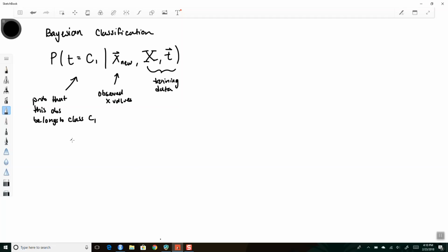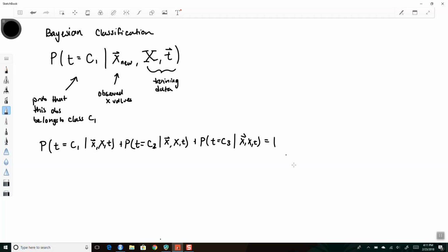And let's say there are 3 different classes, then the probability of T equal to C1 given X and T, plus the probability of T belonging to class 2 given X and T, and the probability of T belonging to class 3 given X and T, this would add up to 1, right? And we said,